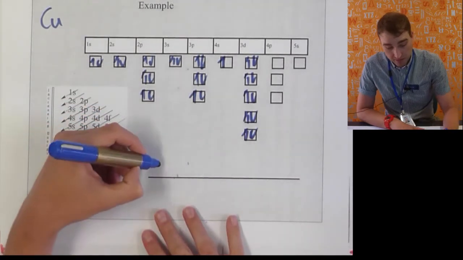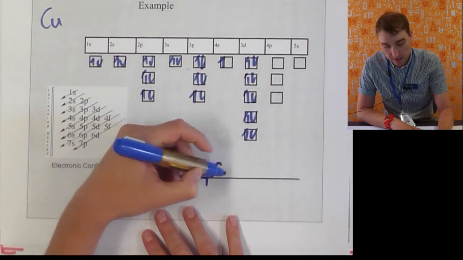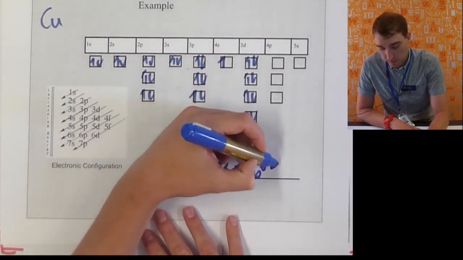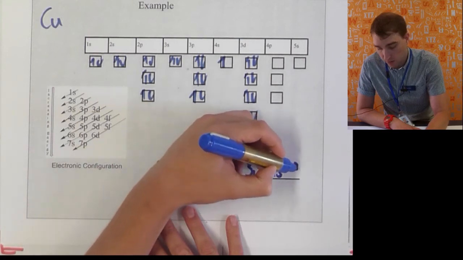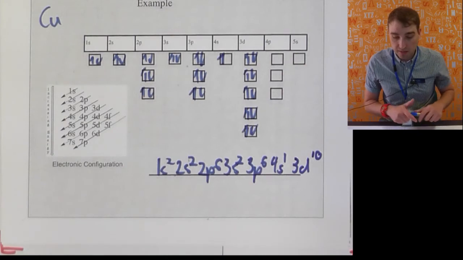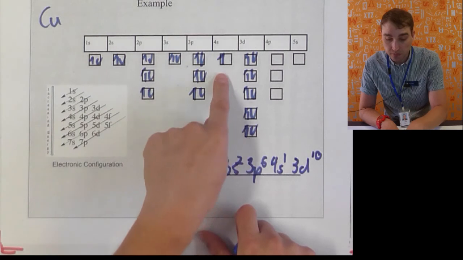So now when I write it out, it's 1s2, 2s2, 2p6, 3s2, 3p6, 4s1, 3d10. So the reason why this is important is we now have a full 3d subshell and a half full